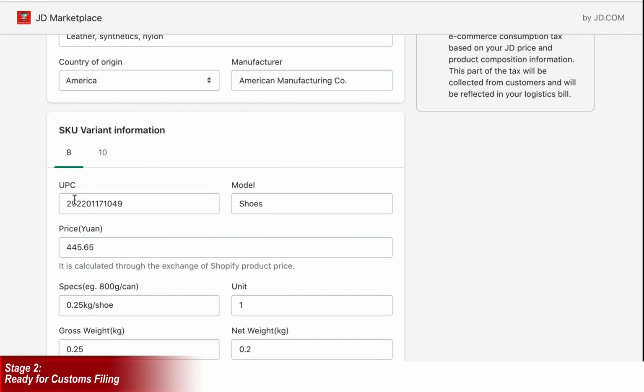So you'll want to have your UPC number. The model will be shoes. The price is automatically done through Shopify. It's using the exchange rate at any given time from US dollars into the Chinese yuan, and that will automatically update for you. For specs, you'll just simply want to put for 1 unit the weight of your product, and